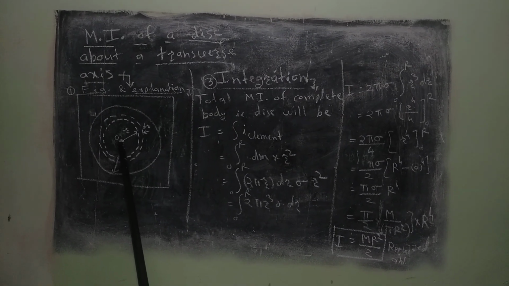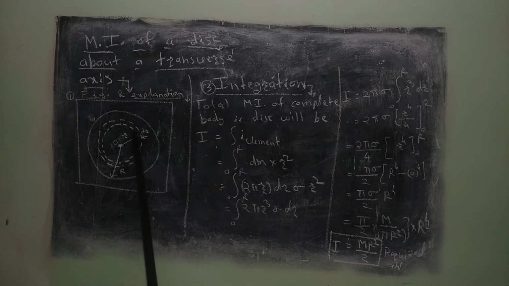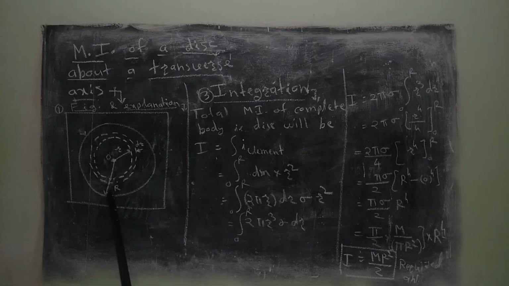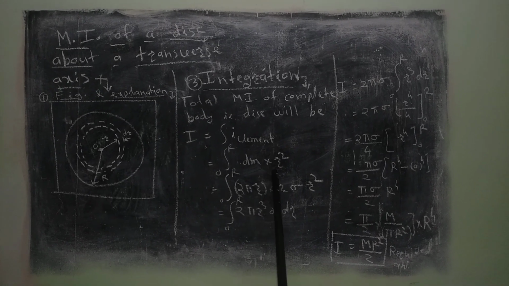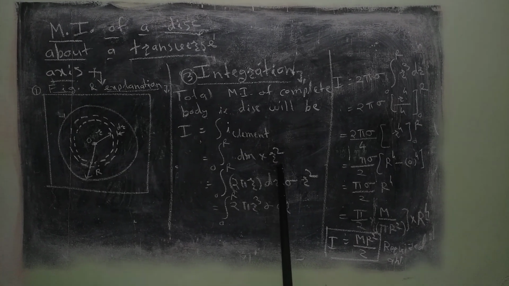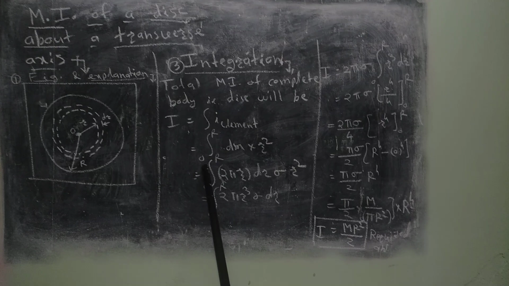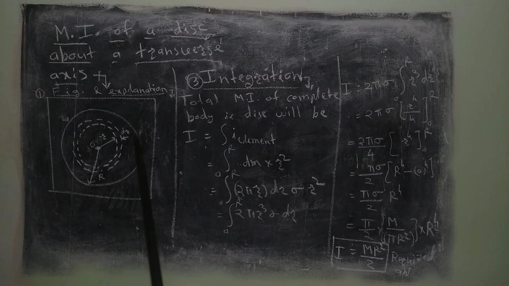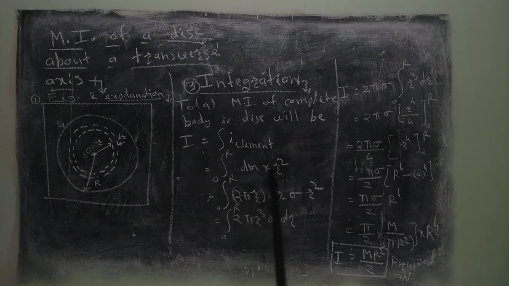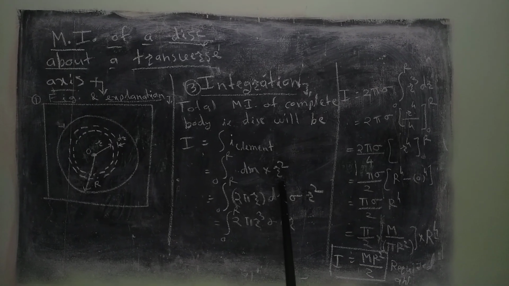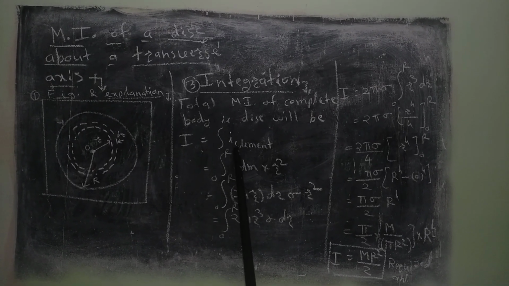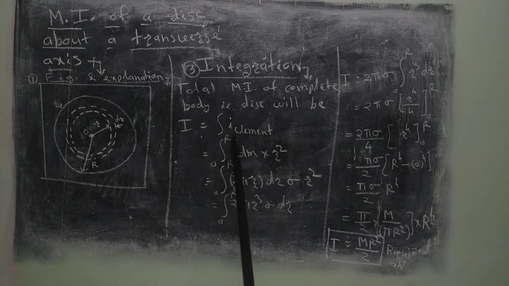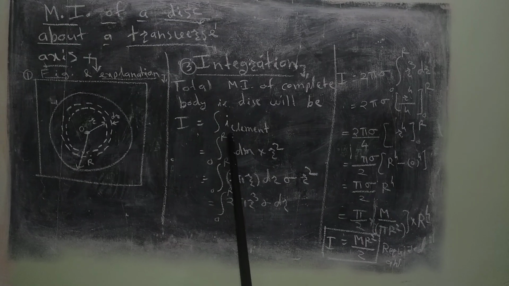This value of radius r has two limiting values. The lowest limiting value is 0. The disk radius starts from r equal to 0 and the last value of r is equal to capital R. So the changing factor is r, the radius, changing from 0 to capital R, and the mass of the element of each ring is assumed to be the same. So dm is not going to change, only the value of r is going to change from 0 to capital R. So the lower limit is 0 and the upper limit is capital R.